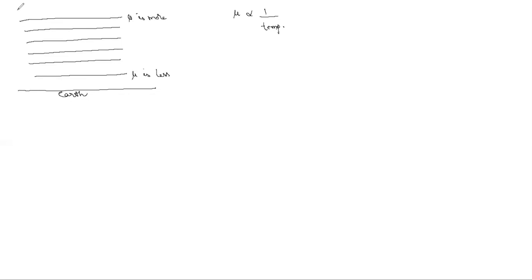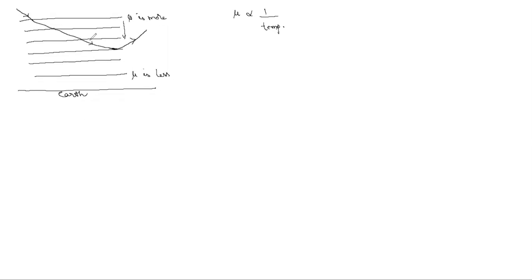Suppose a light ray comes from some object, like the sun, coming like this. It is trying to enter into a rarer medium, because as you go down, the refractive index is continuously decreasing. Rarer medium means it tries to bend away from the normal, again away from the normal, again away from the normal. There is a chance to graze, and further the light will go up again like this. That is total reflection. That light ray is not reaching the earth.